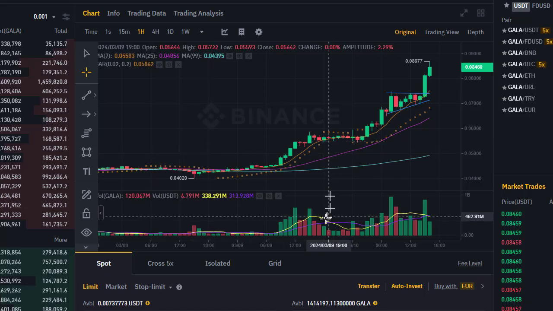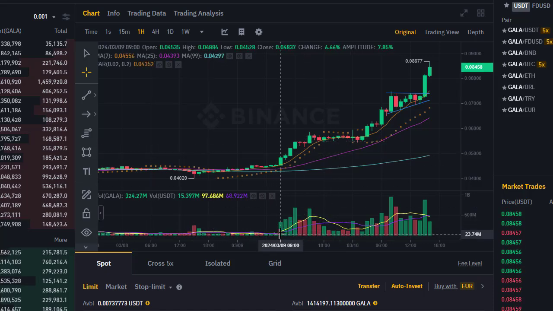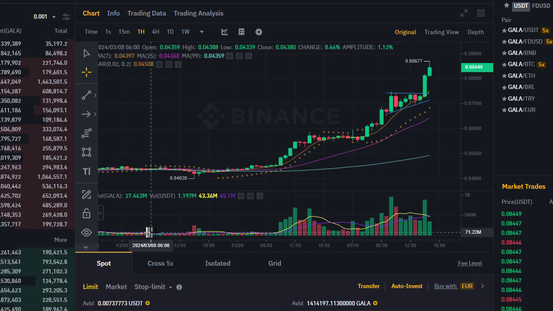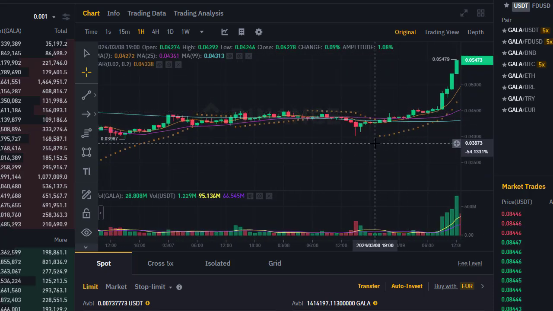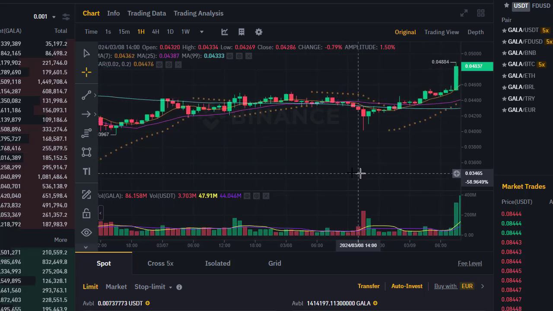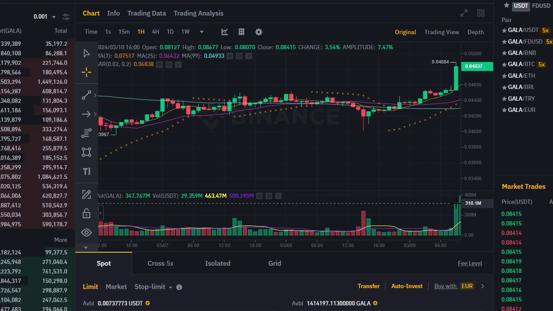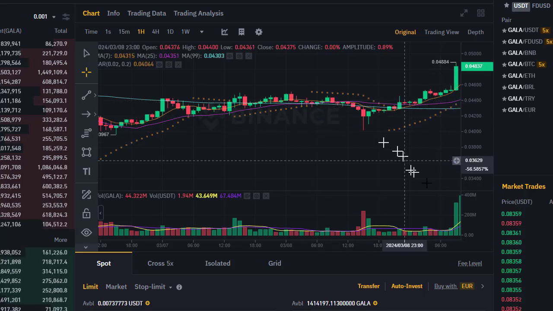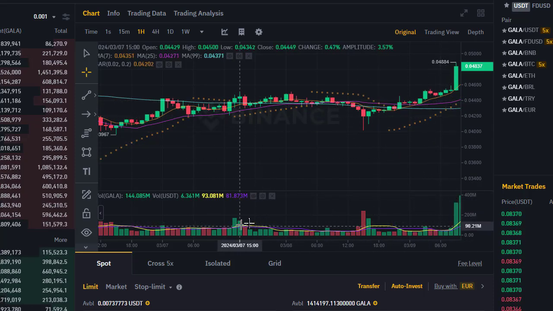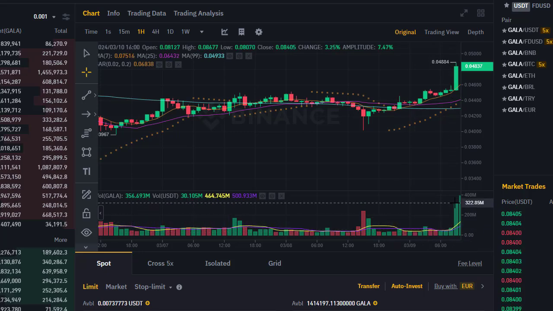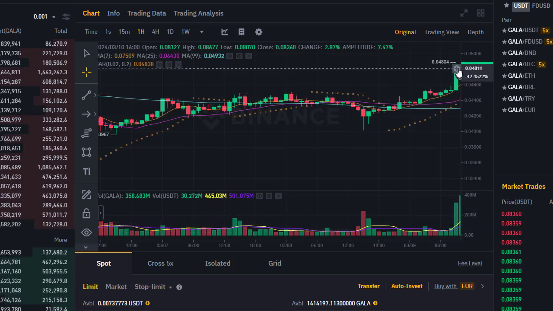Now the speculation on Gala has been huge since this time here. In the lower section here we've got the volume. So normally the hourly volume is very low here, then it exploded at this point. Let's just move the chart along actually, and we can see the volume exploded right on the right hand side here to 318 million Gala tokens being traded there. That may even be 380 million US dollars. It doesn't matter. This is a volume chart, and all you need to know is that the volume has increased massively, and that led to a big increase in the price of Gala.